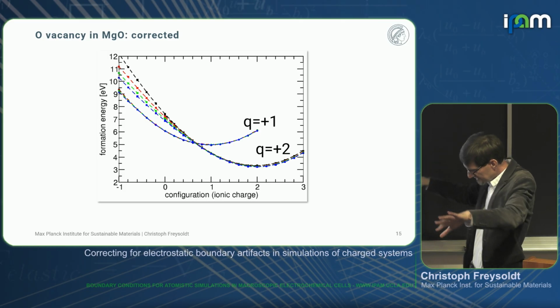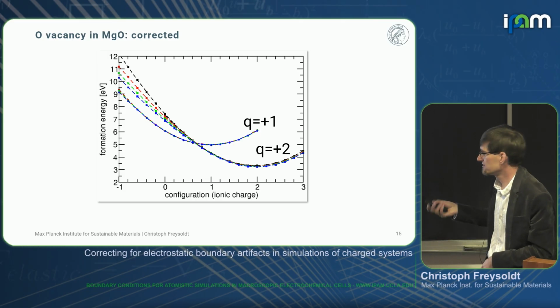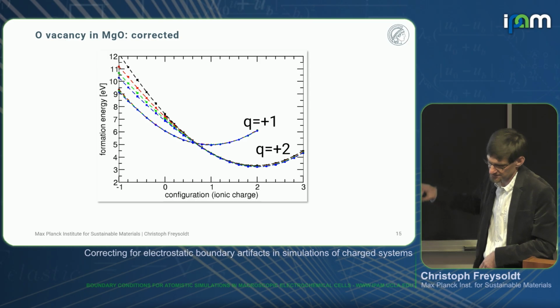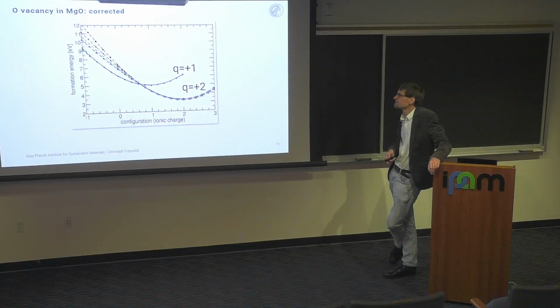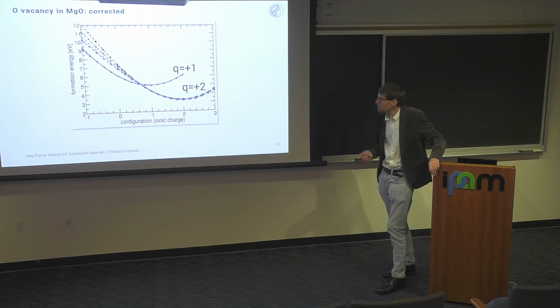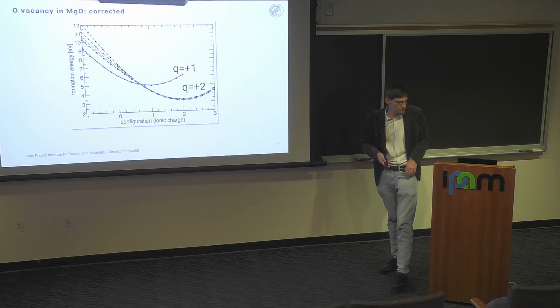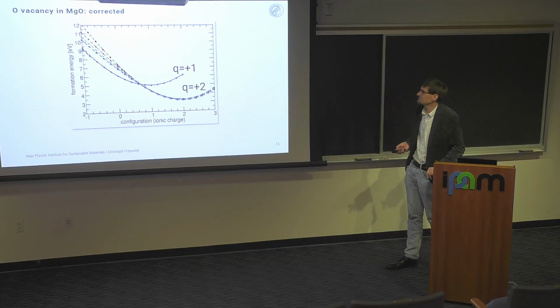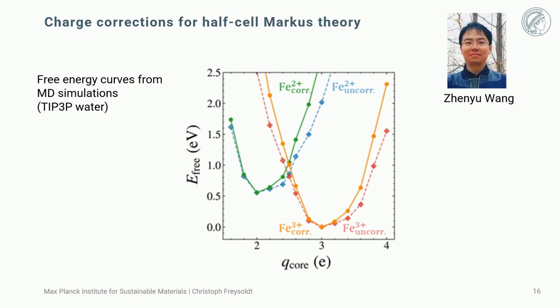In principle, by using a more smeared out charge for the higher charge states, one can also capture these kinds of effects. So now, of course, you may ask, is this of any relevance to electrochemistry? And I can show you one example, a very recent example. I think it's now on arXiv, and I apologize for the bad quality because I copied this from